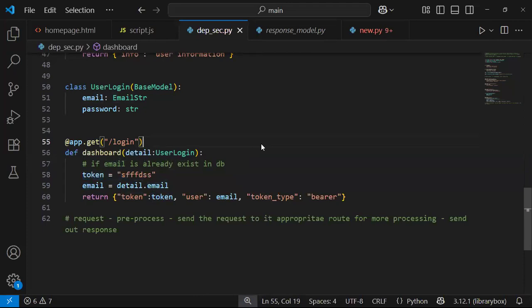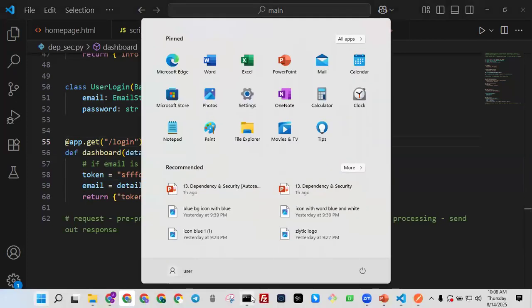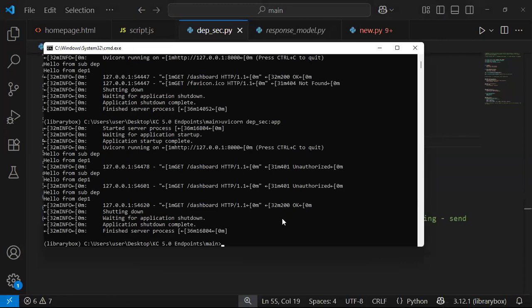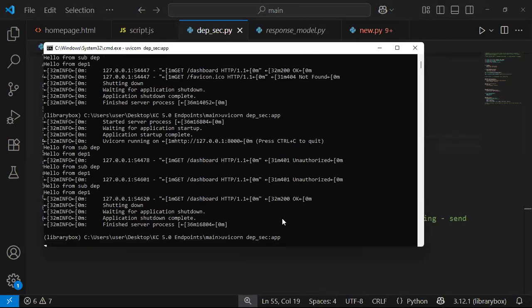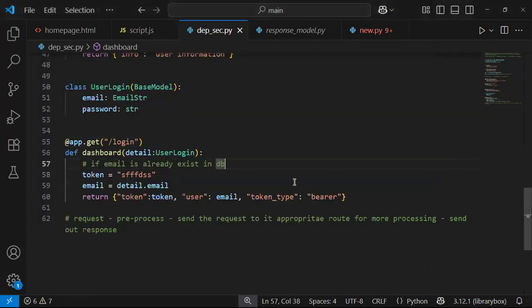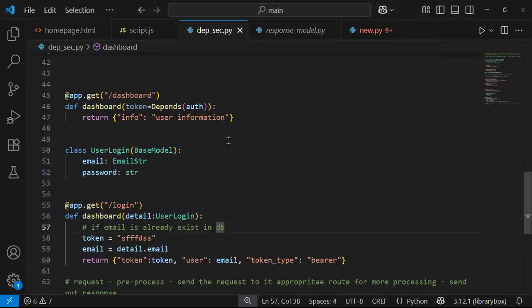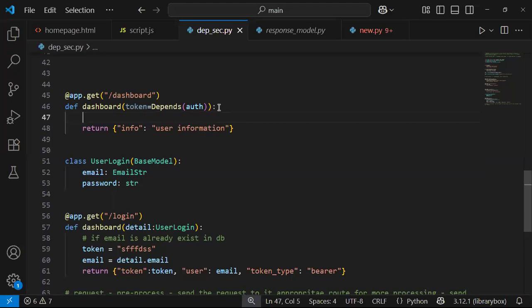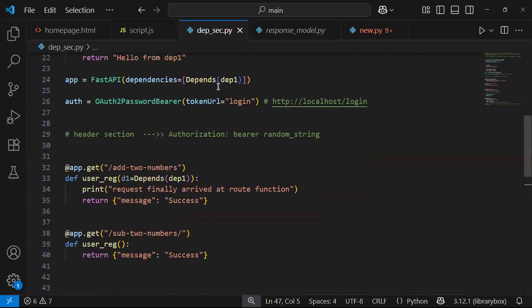All right, so let's come back again and let's test this. Let's refresh our server. Right. So one more thing that I want to do is, remember, when sending a logged in token here, I want to get that token. So remember, this OAuth2 password bearer,